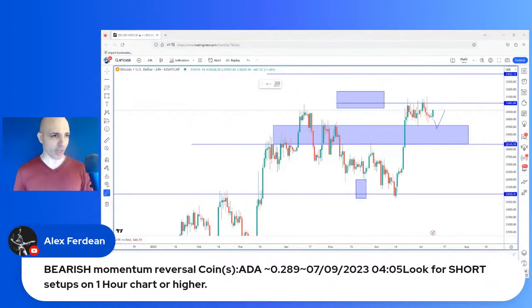Speaking of Trade Scanner, this is what the Trade Scanner text looks like. I have two channels, a cryptocurrency channel and a stock channel. Once the criteria is met, this is what the text looks like. As you can see, it's a recent text. The date on this is 7/9, which was yesterday, at 4:05 AM Eastern time. It said bearish momentum reversal coins, and this is the coin ADA,